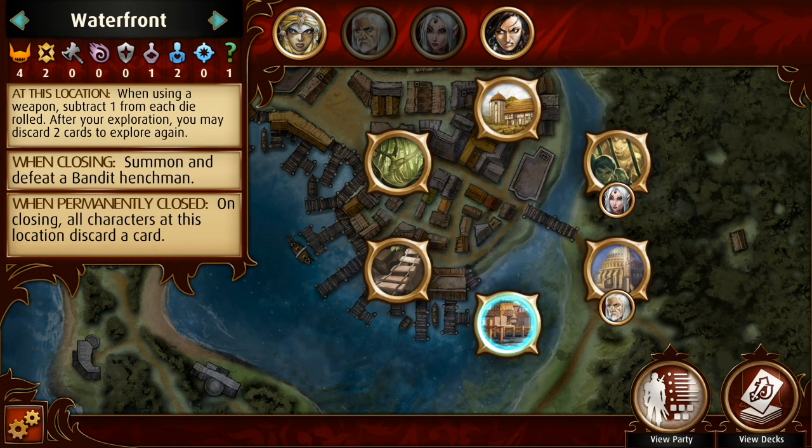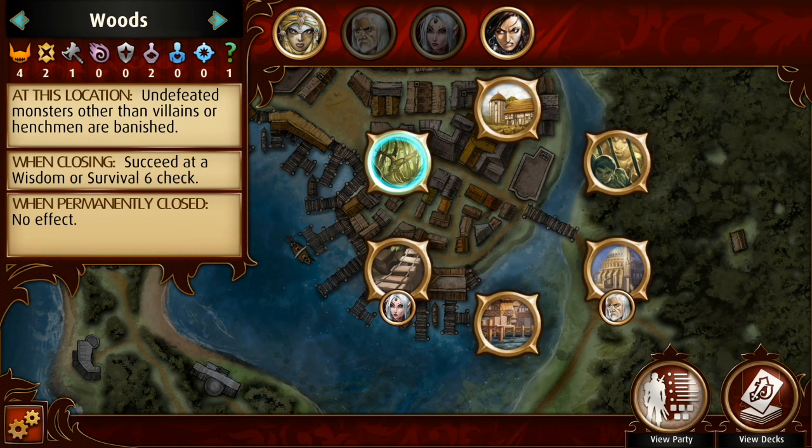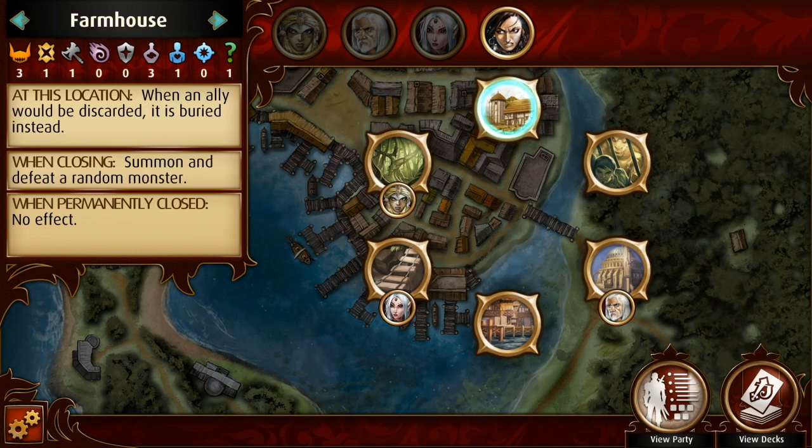Now, we don't want to send our weapon-wielding barbarian in there. Mirisil will do a little bit of a good job over here. We might move her there. Wisdom or survival check there. And defeat a monster. So I'm going to spread my resources out thin so we can have a little look